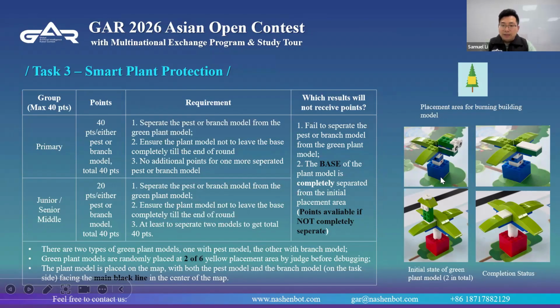So this base is a yellow placement area, and it must not completely leave this area, the base of the plant model. So this is the plant model. This is its base, not a separate model.